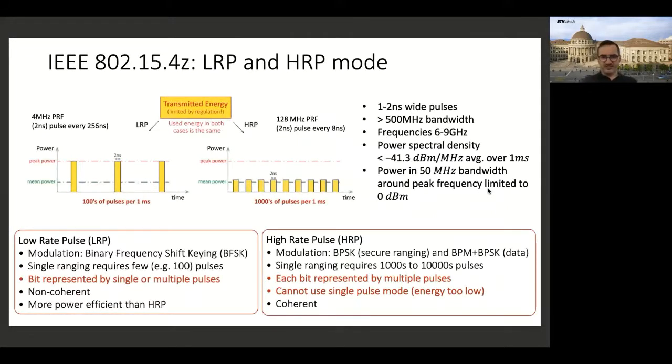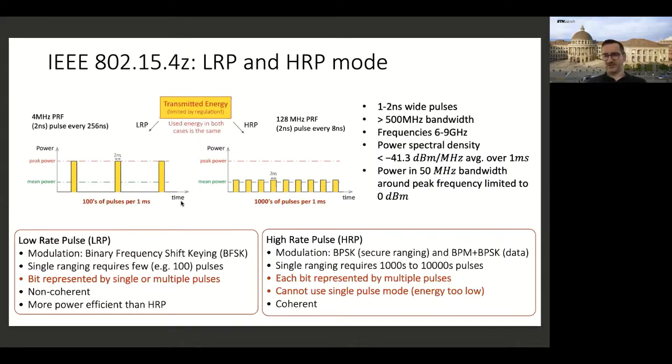Now this is maybe a little bit of an overloaded slide, but it's very important to understand. So 4Z defines two different modes, so LRP and HRP, and on the surface they don't seem all that different, right? So in one mode you transmit fewer pulses, you have a low rate, right? And in the other one you transmit essentially with a higher rate, right? So the question is why does this even matter? It would be just a tunable parameter. Well, it matters because